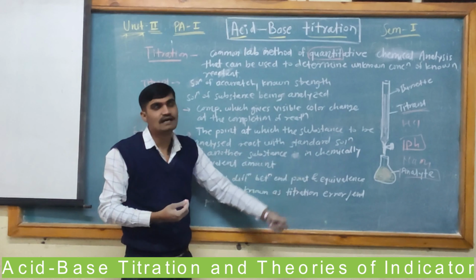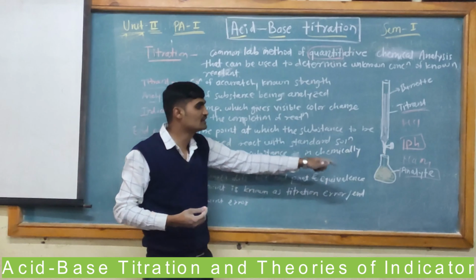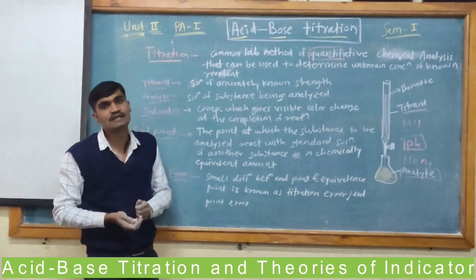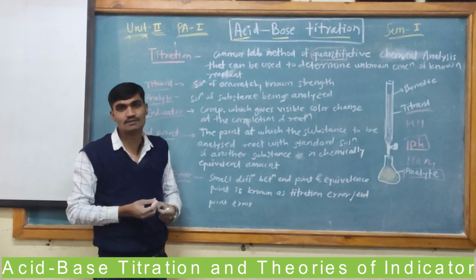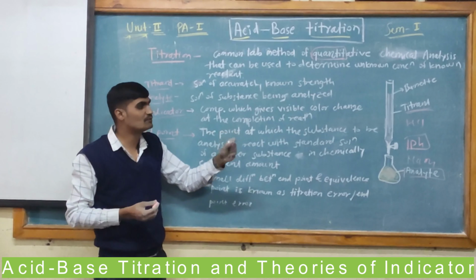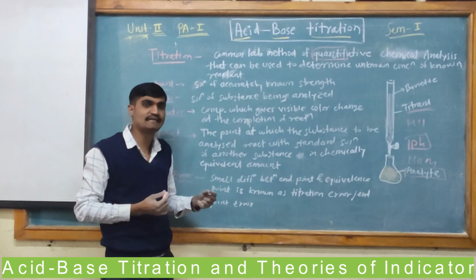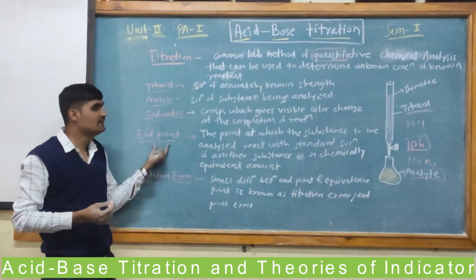Based on the titration, we are using the indicator. So why are we using an indicator? These are the compounds which give the visible color change at the completion of the reaction. They are mostly weak acidic or weak basic in nature. Then the next term is